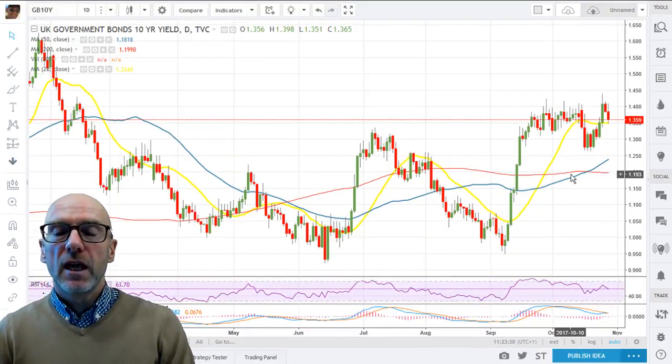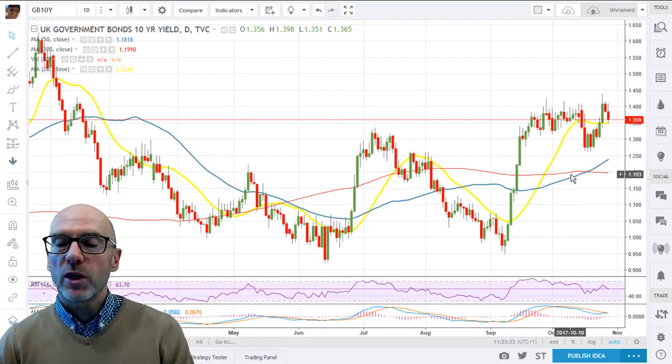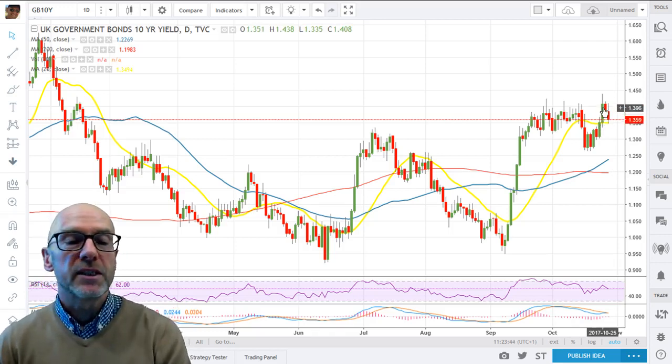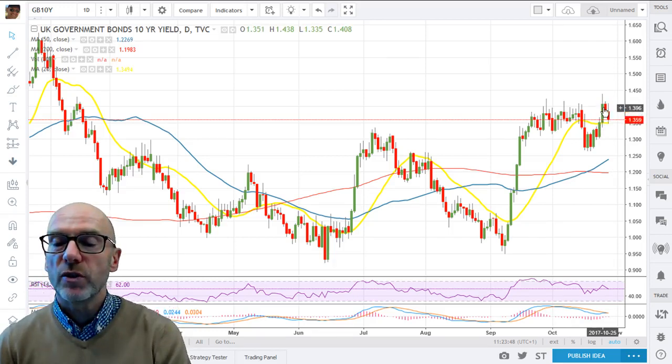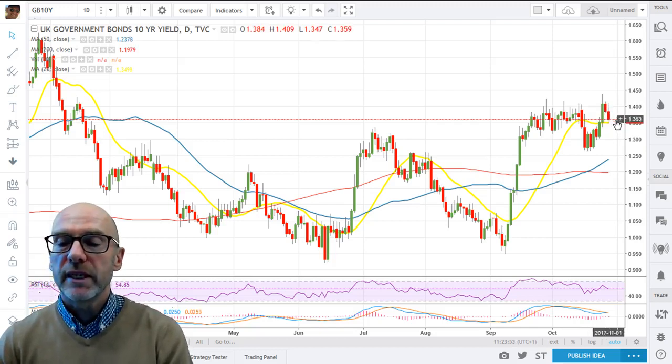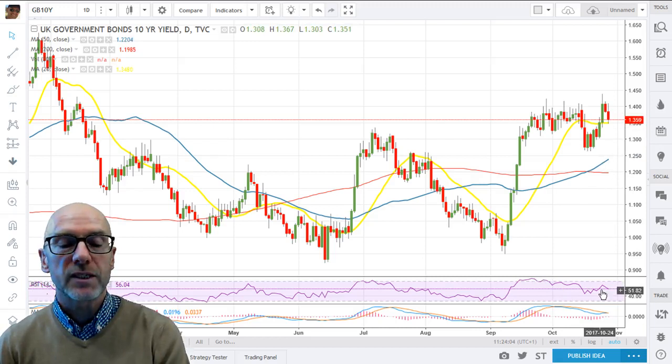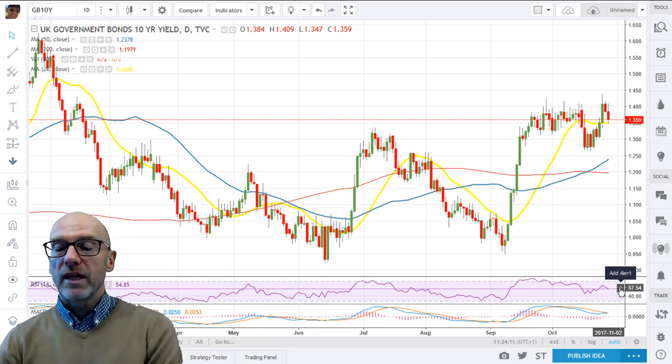In the UK, still a big expectation that we're going to get a rise in interest rates maybe next month. That did cause the 10-year yield to rise during the week, but it slipped off yesterday on the ECB announcement. But really it's finding support at the 20-day moving average. The 50 has just crossed the 200, and overall the trend does remain up, although momentum has been lost slightly. We do seem to be having a downtrend on that RSI.